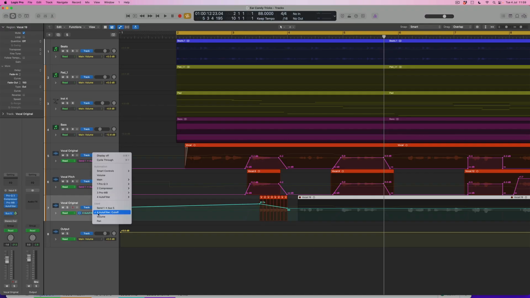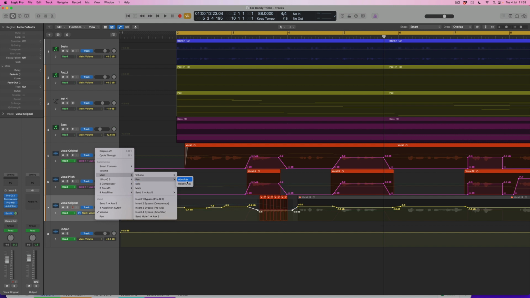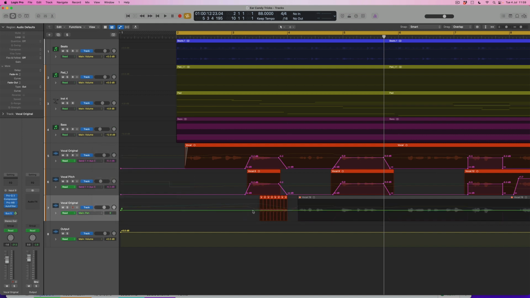Firstly, I could definitely adjust volume again so that we're making sure that this is really out of the way. And again, rather than using the marquee tool this time, I'm literally just creating a couple of points at either end of this effect. And I'm just going to bring it down. And the other thing, of course, I could do would be to think a little bit about maybe automating pan. And what this is going to do is to give me a chance to create a little sort of across the stereo field kind of an effect where maybe the sound starts on one side of the mix and crosses to the other